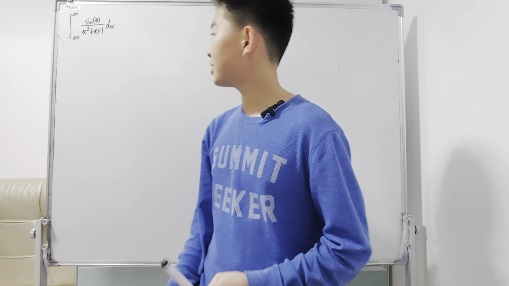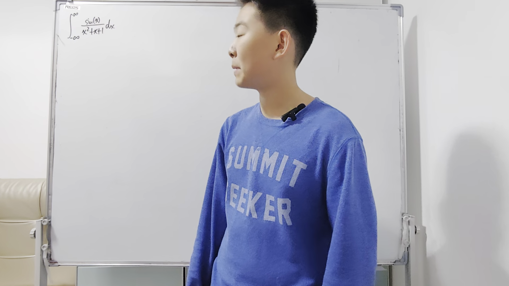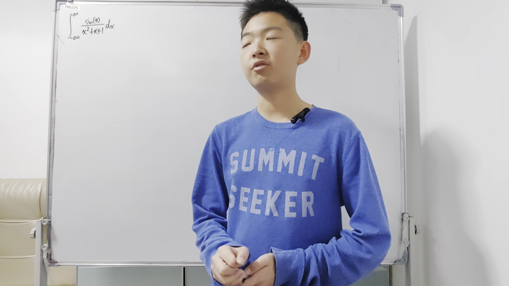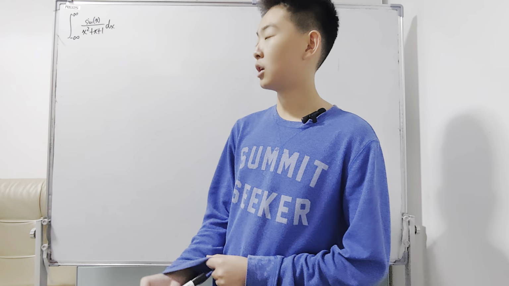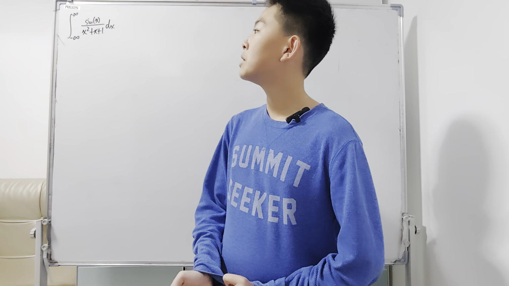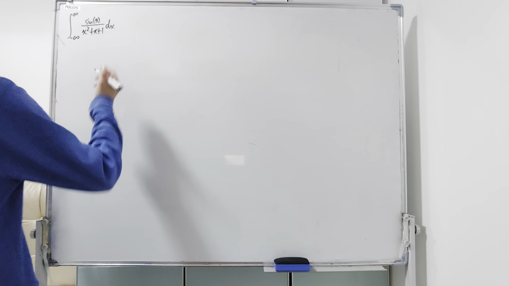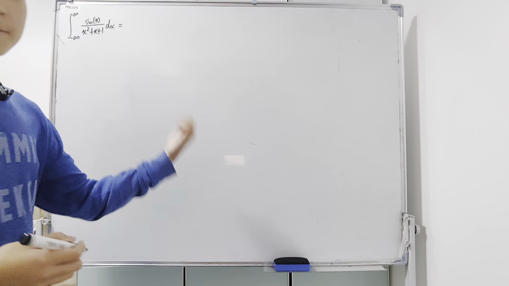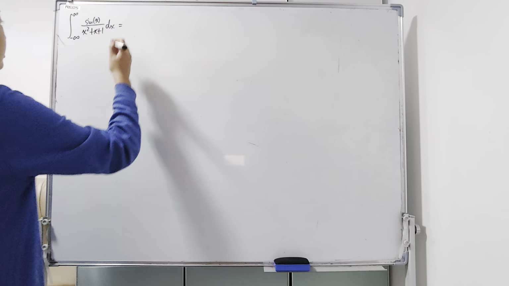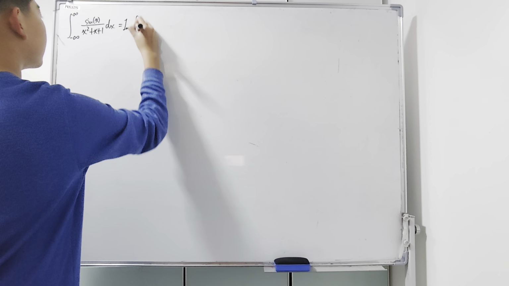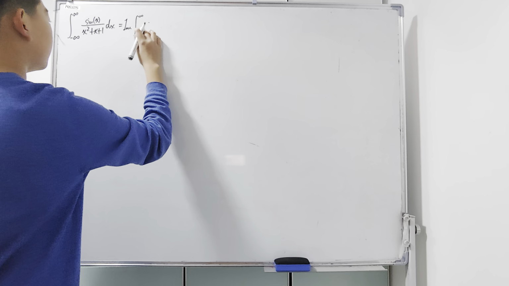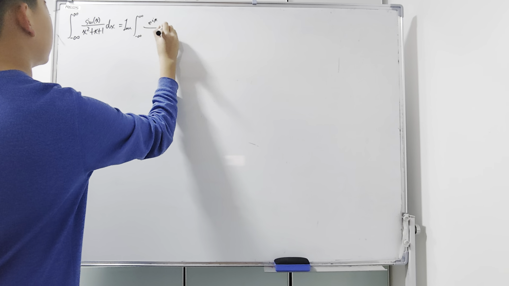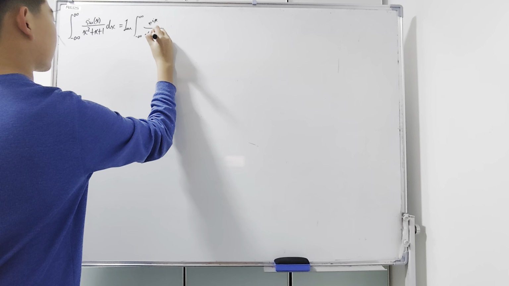Now, this function, using normal means and normal bounds, is practically impossible. There is no way to calculate it, I believe, using standard functions, which is why contour integration comes into play here. So, first thing, I'm going to rewrite this, because sine is basically the imaginary part of e to the ix. So we can rewrite this as the imaginary part of the integral from negative infinity to infinity of e to the ix over x squared plus x plus 1